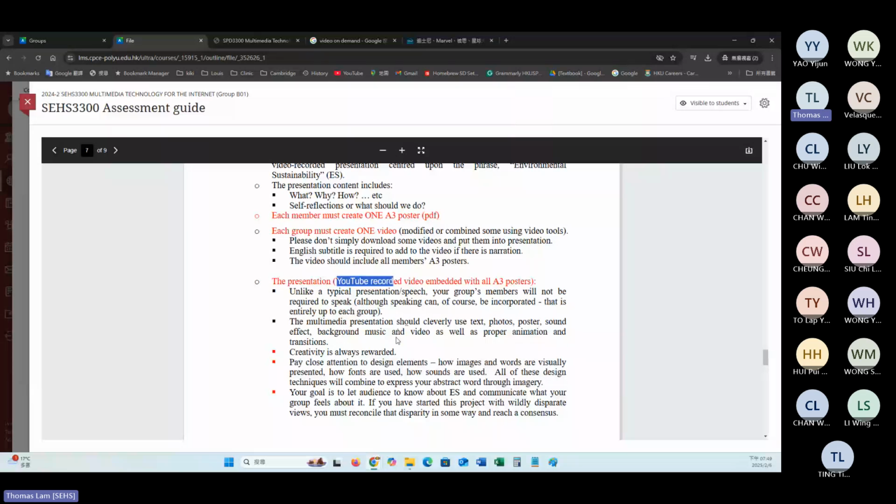So make sure that your work does not violate any of the YouTube policy. It would be a good challenge for you, because sometimes when we try to put together some content, the content might be copyrighted. And of course, if you have some content based on your own original work, there will not be any violation.